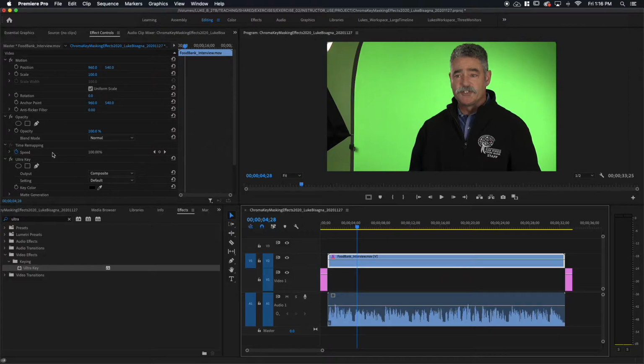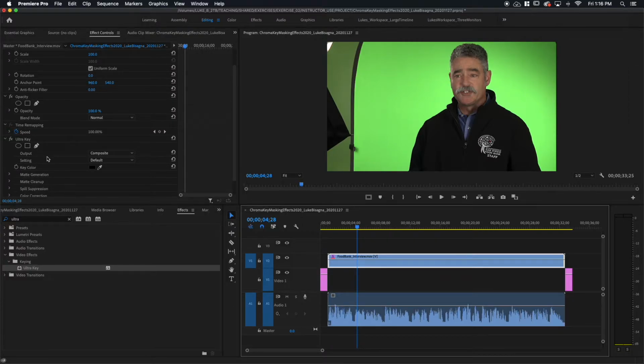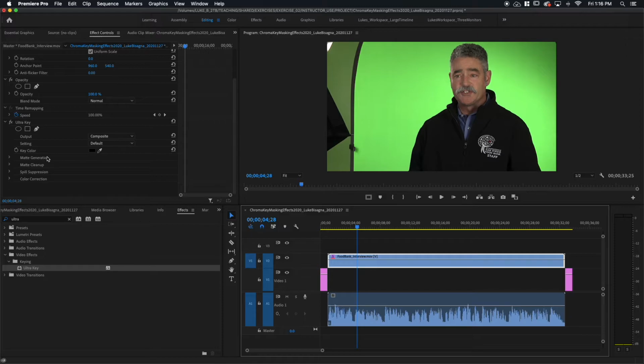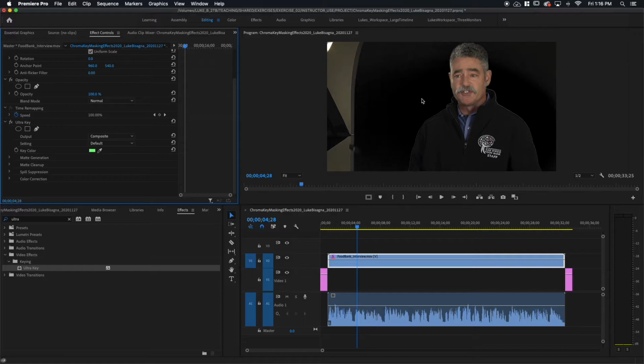Clip is selected. You can see the Ultra Key has been applied. And what I want to do, first of all, is tell Premiere which color I want to remove with this effect. It defaults to black. I'm going to click on the eyedropper here. I'm going to cruise over to kind of a nice light area of green here and select that as the sample of the color that I want to remove. Boom, there it is. Now you can see what was green is now black. And it's very important that you understand what's happening here. And one of the best ways to do that is to look at the output.